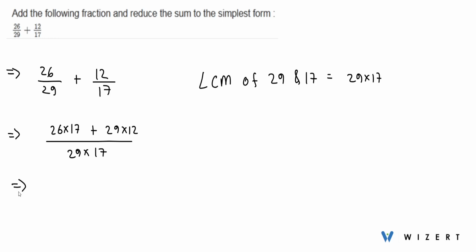So let's simplify it further. So 26 multiplied by 17 will be equal to 442, and 29 multiplied by 12 will be equal to 348, and in the denominator we have 29 multiplied by 17, which is equal to 493. So 442 plus 348 will give us 790. So 790 upon 493